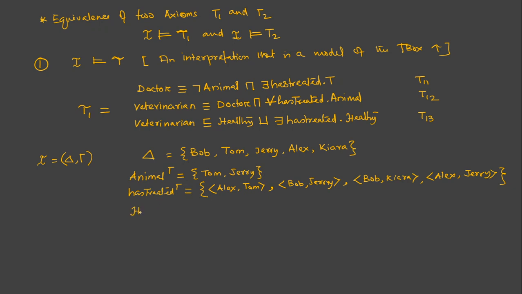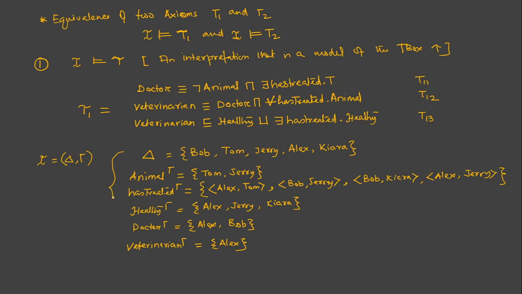Now let us define the interpretation of healthy to be, say, Alex and say Jerry and Kiera, right? An interpretation of doctor is, say, Alex and Bob. And finally, the interpretation of veterinarian is having, say, Alex. Now we need to check whether this interpretation I, so this is the interpretation I,